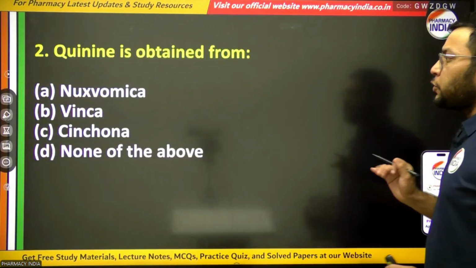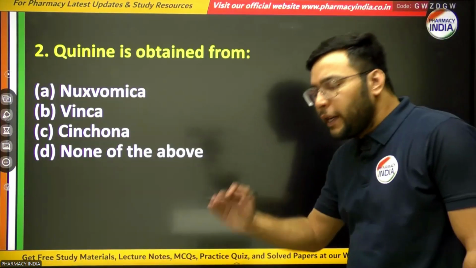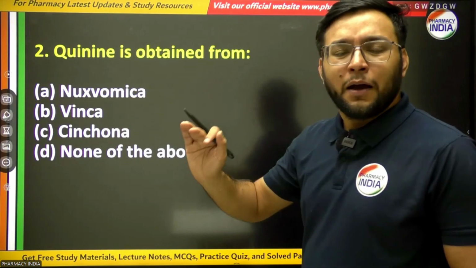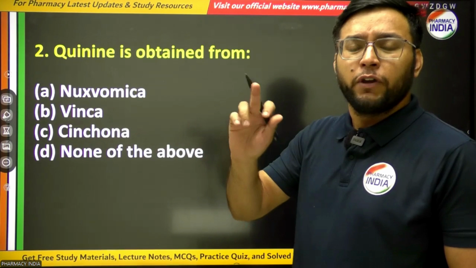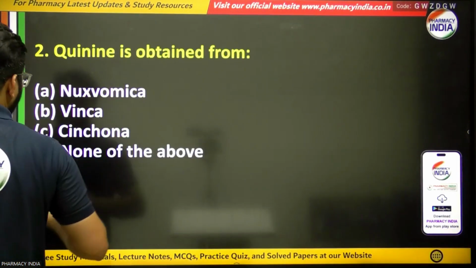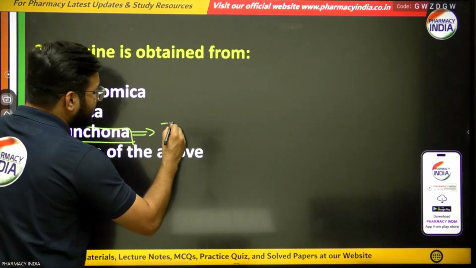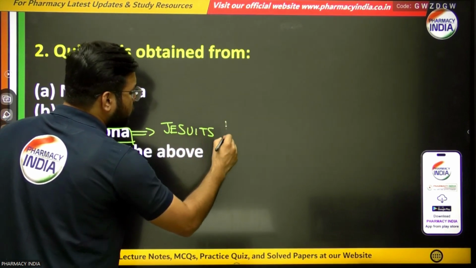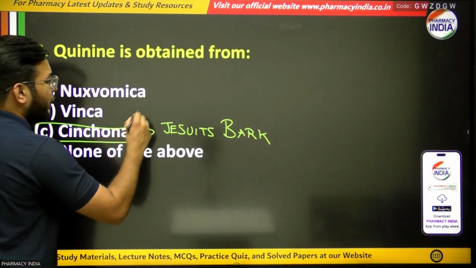Okay, now the next question: quinine is obtained from. Quinine is the chemical constituent, and what is the plant name from which quinine is obtained or extracted? So the answer is cinchona. Yes, cinchona is also known as Jesuit's bark, the other name. And from cinchona we are also getting